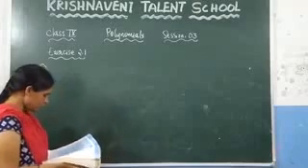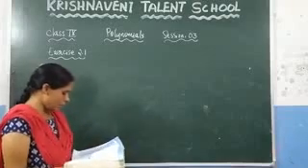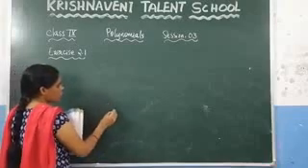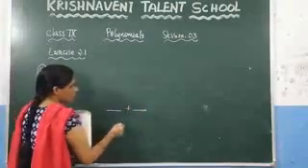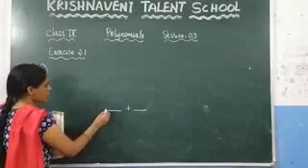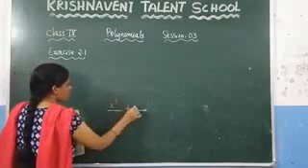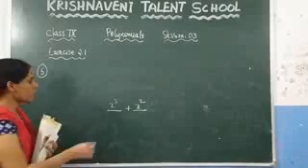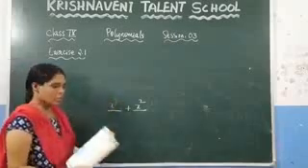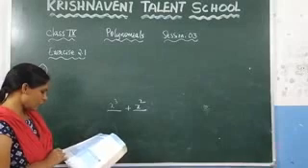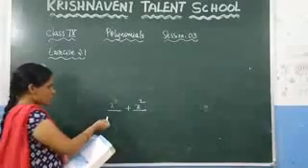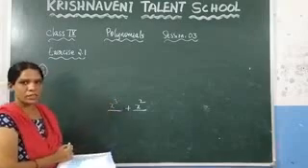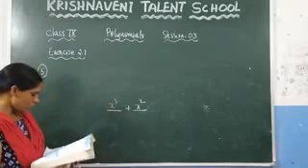Now, see the third one. A binomial may have degree 3. As it is true. What is meant by the binomial? It should contain two terms. Let us take one term as x cube and let us take one term as x square. Your wish you can write anything, but the power should be a positive integer. So here they are saying a binomial may have degree 3. Yes, we have written that is having degree 3. So we can say that this statement is true.